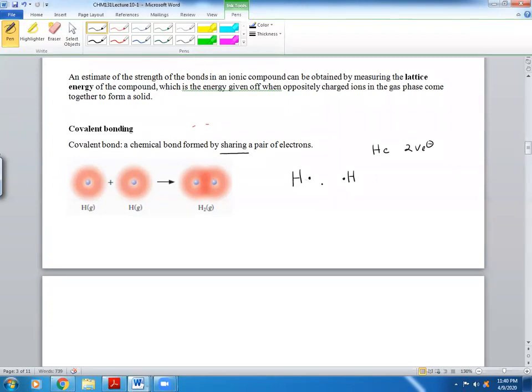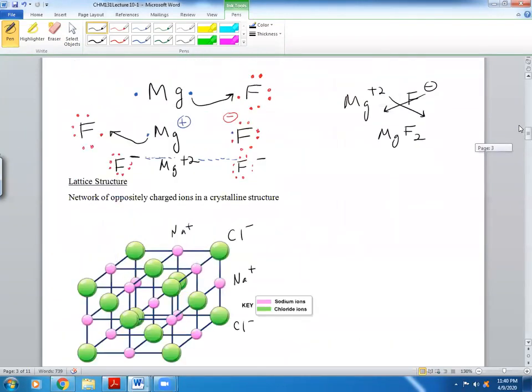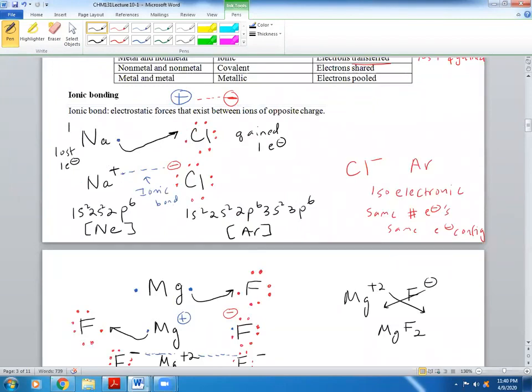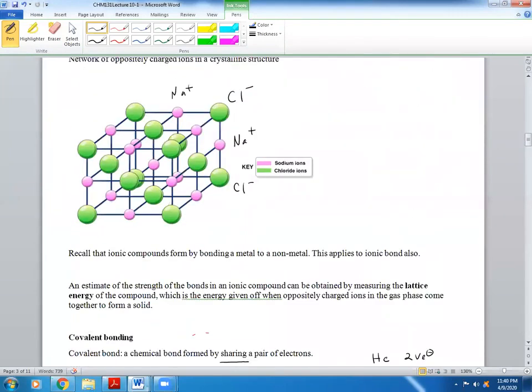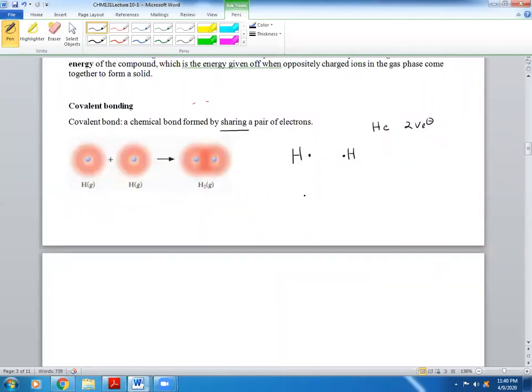Before, you saw ionic bonding, losing and gaining, right here. It was very nice and simple. Well, this can't happen anymore, because they're both hydrogen atoms. One can't gain and the other one lose. If one gains, it's going to be happy, but the other one is unhappy. Whereas in the last one, you killed 2 birds with 1 stone by making one lose to become like the noble gas and one gain to become like the noble gas. Can't happen here. So what chemists think has happened, and of course this is the foundation of what we're doing here,